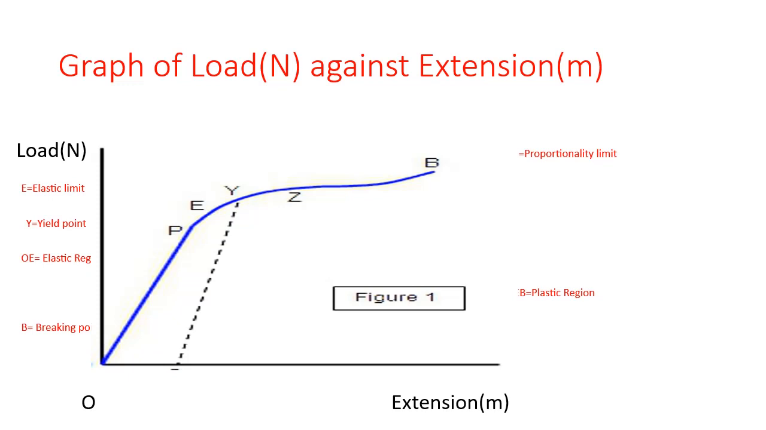Then you get to B. The B is the last point, which we call the breaking point. At this breaking point, the material is completely deformed. It starts breaking, or it is deformed, and it can no longer return to its original size or